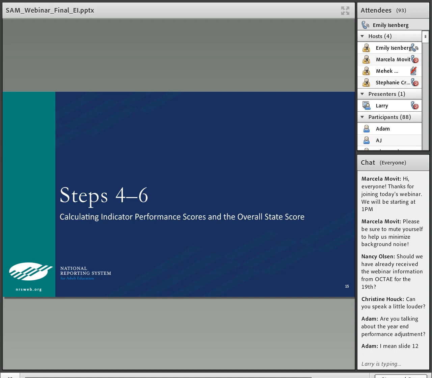With the adjusted levels of performance, we can calculate the indicator performance scores and then the overall state score.